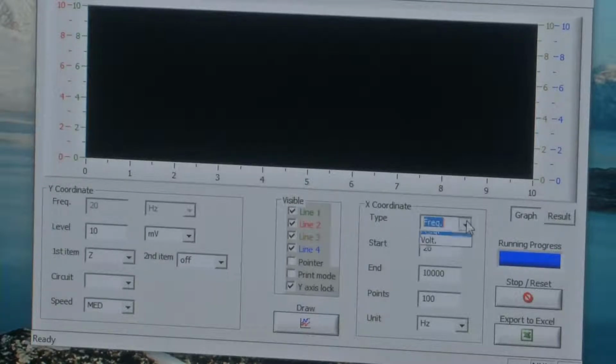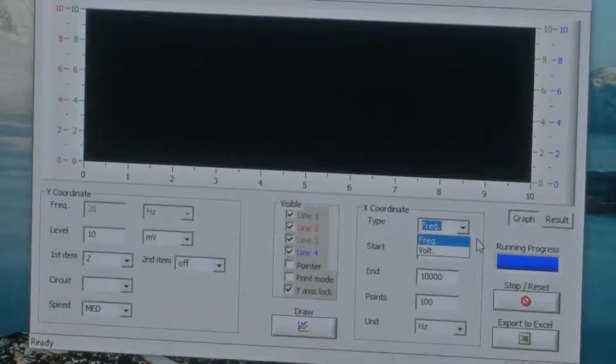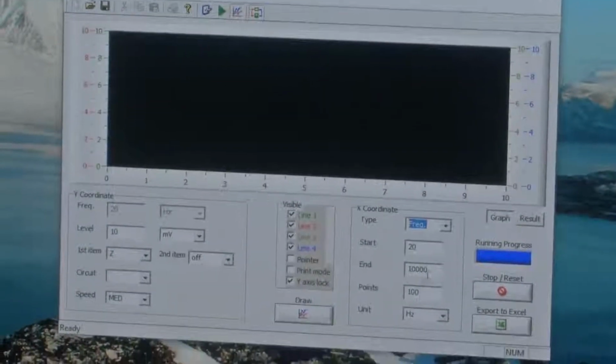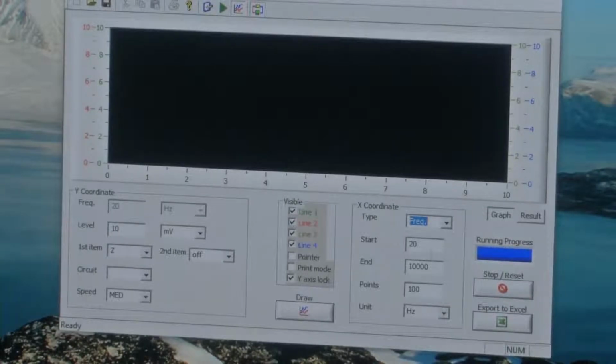and then you could choose frequency or voltage, and then the start, the number of points where sampling has to be done, the start and the end frequency. These are the different options which are provided here. So let's see how we can plot throughout the entire operating frequency range. Let's see the different impedance values that can be captured using the tool and the impedance analyzer system, which will be integrated with our biosensor.